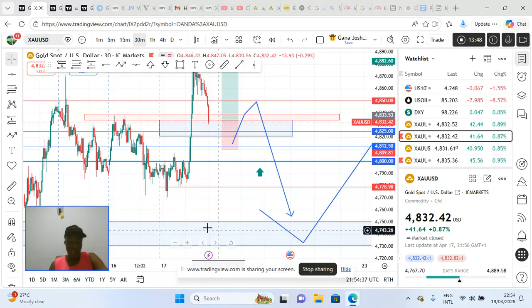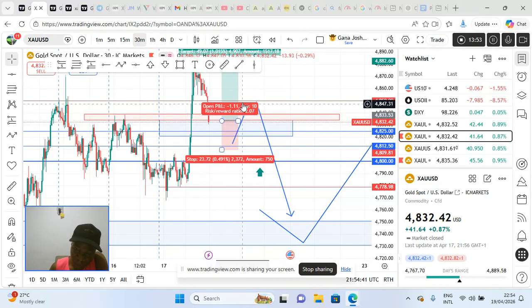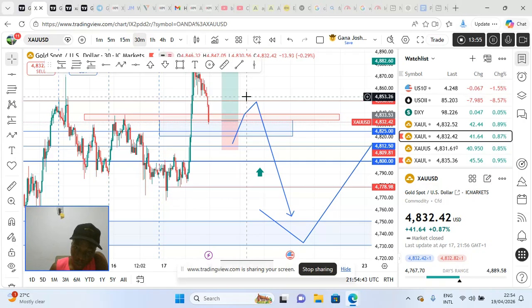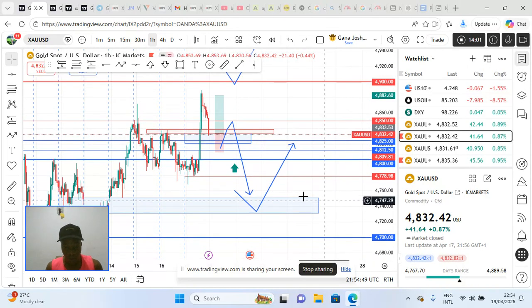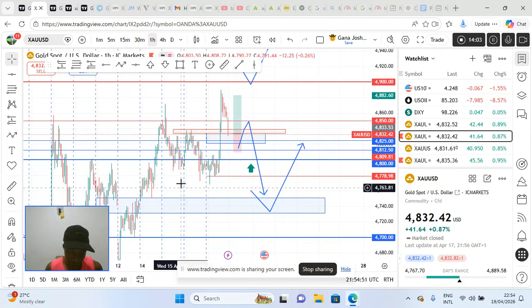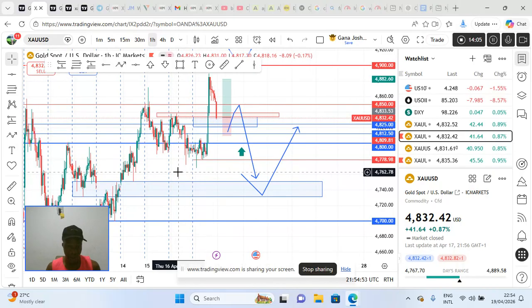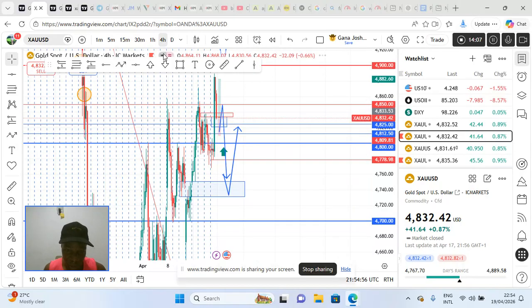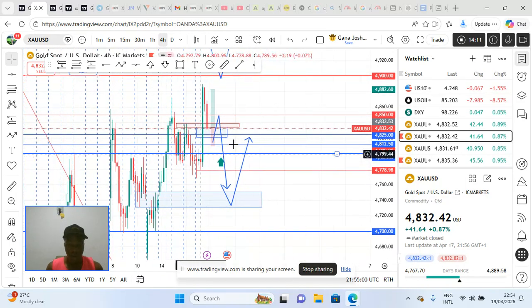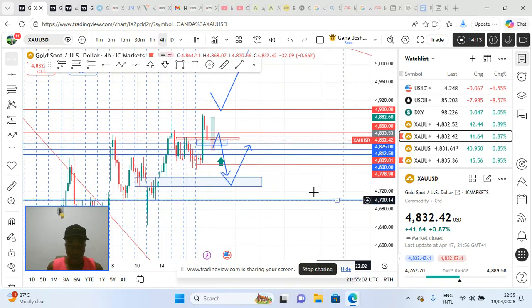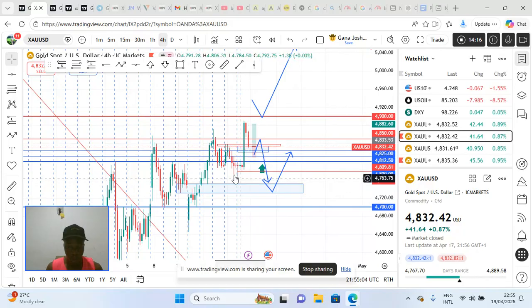Remember, we're looking for price going to the downside, right? Don't forget, overall we're still bullish. So that means with your sell entries, if you must, you've got to enter and know when to come out, because overall we're still bullish, right?